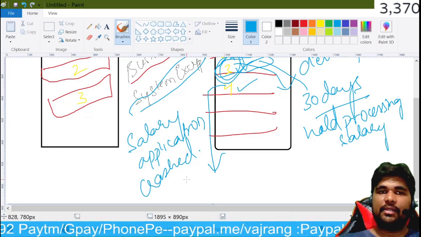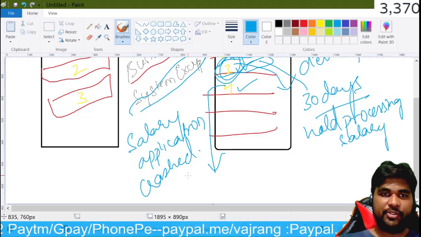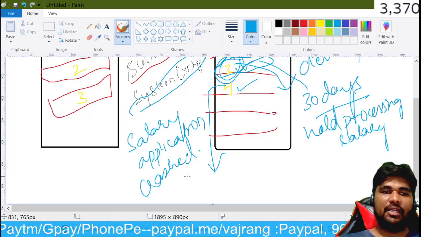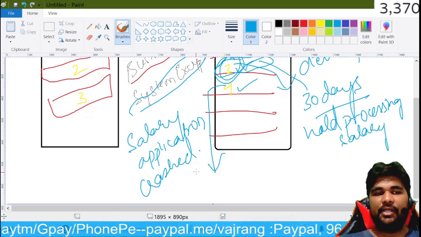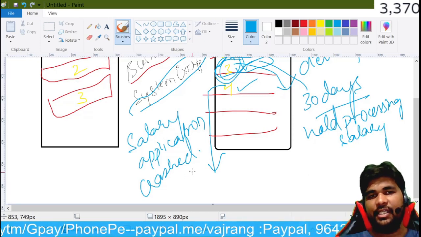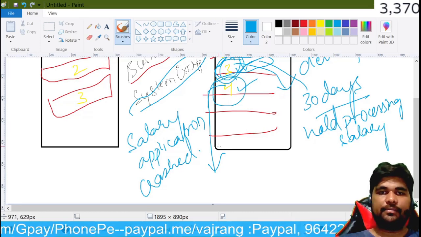Now, is it a success state? No. Is it a business rule exception? No. But it is a system exception. Clearly, whenever there is an application that we need to process and we are not able to process, that's a system exception. So we need to retry only this particular item.